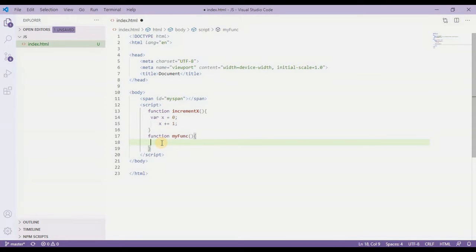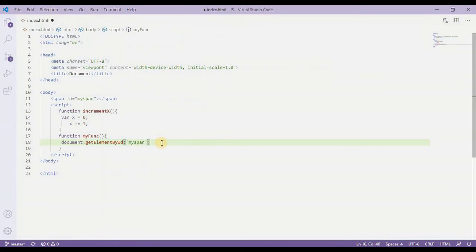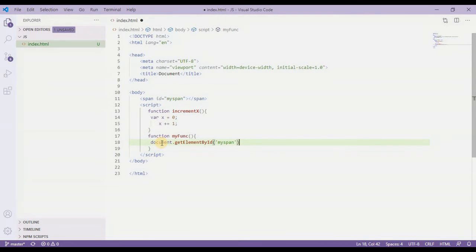So for that I'll simply type document.getElementById, and then I'll pass the id over here, mySpan, and then I will simply type innerHTML, which equals this incrementX function.